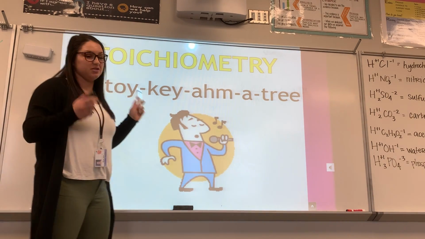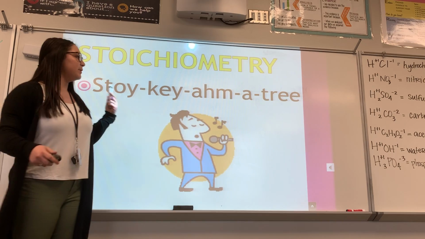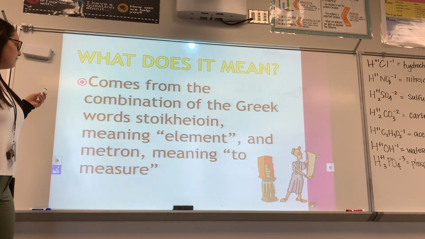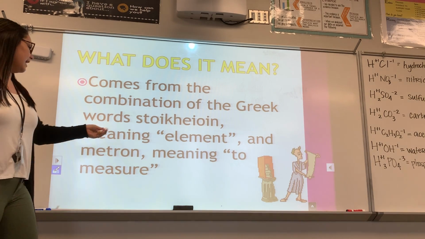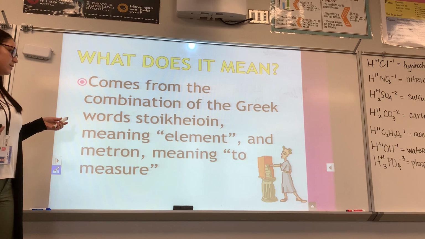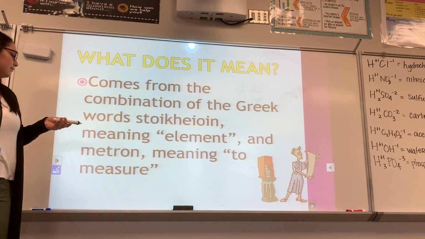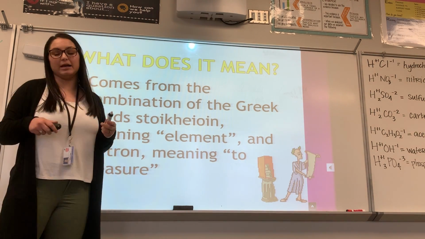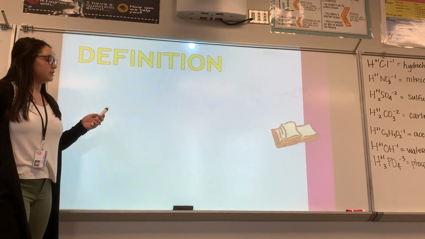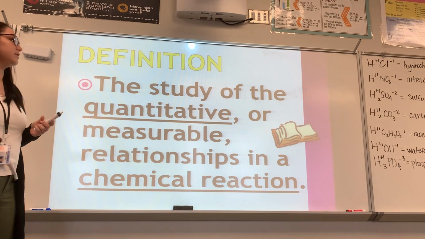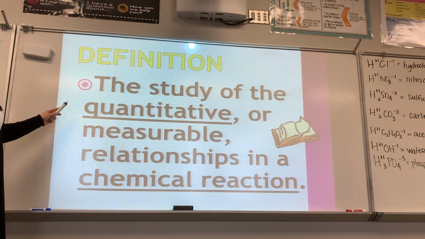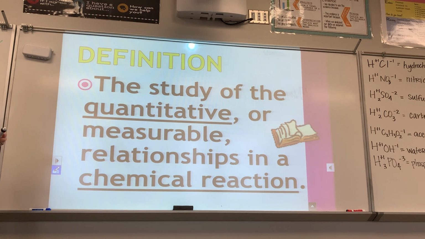So this is a unit on stoichiometry, which is just a big long word for saying that it is like measuring elements. So it comes from the combination of the Greek words stoichion, meaning element, and metron, meaning to measure. So we're just measuring different elements in a balanced equation. So if you follow along in your notebooklet, our definition of stoichiometry is the study of quantitative or measurable relationships